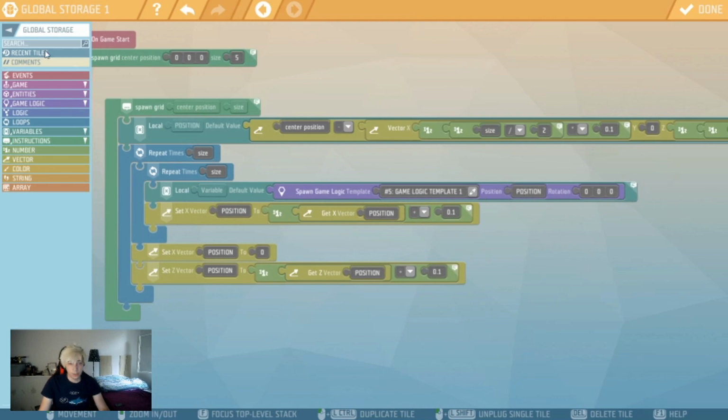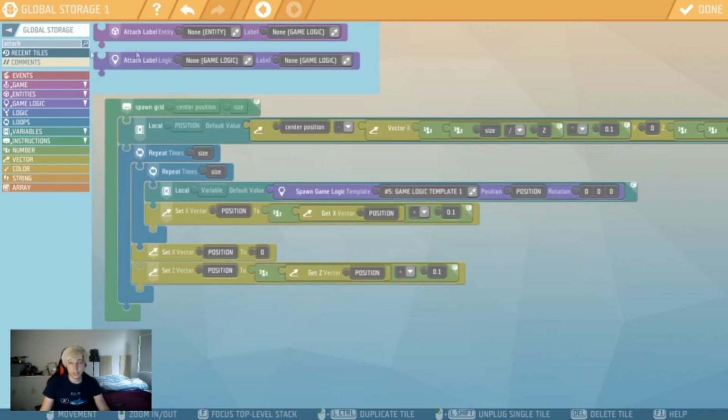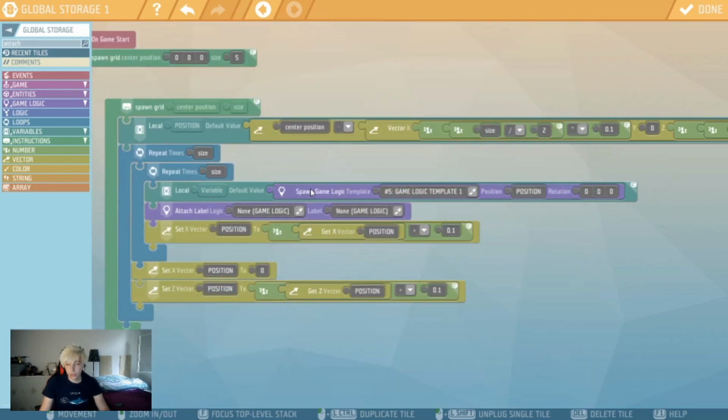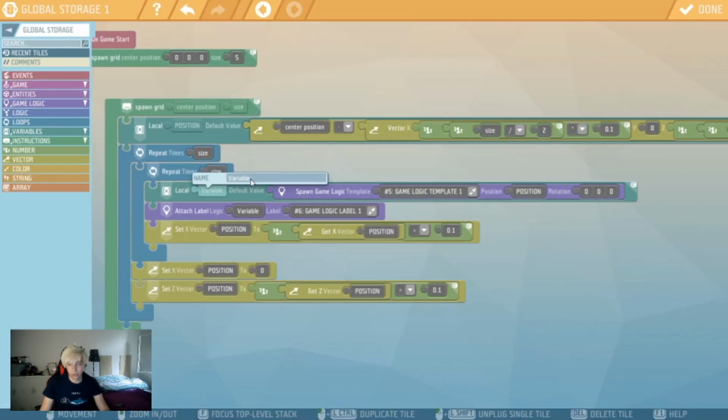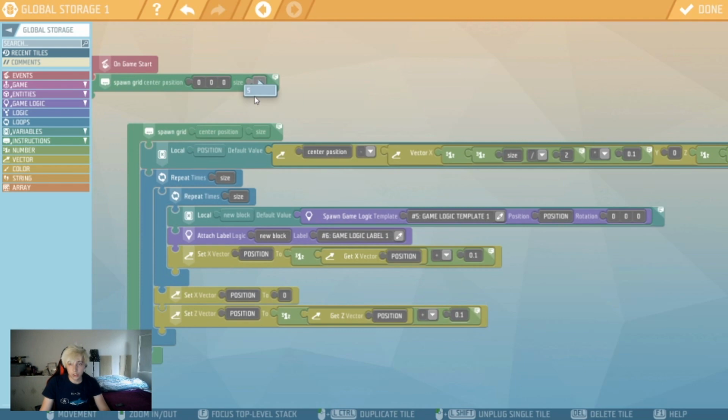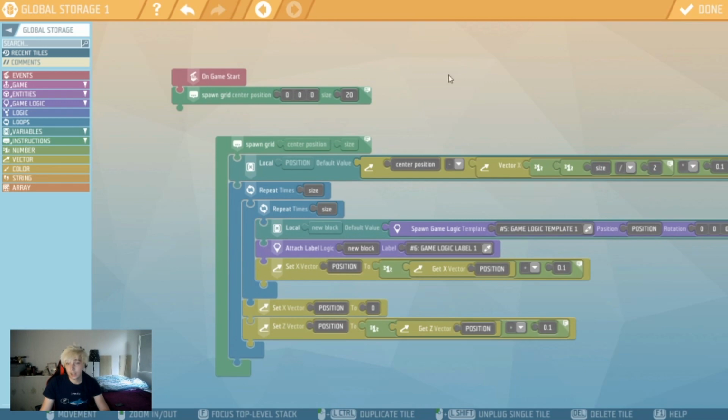So okay, position, and then we will attach a label to it. Of course you could spawn it straight in the attach label tile, but you never know if you might need it again. So variable and a label. I will rename this variable just to be nice. It will be new block. Okay, so we have assigned the new block to the game logic label, and we will change the size to, let's say, in this case I think we already can do 20,